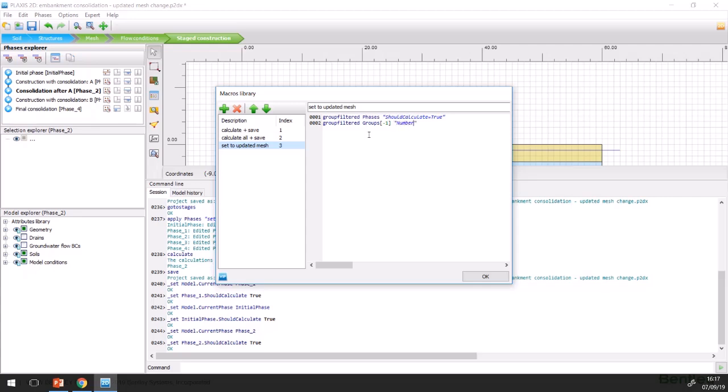And the condition that we have here is that the internal number should not be equal to 0. The initial phase has its internal phase number set to be 0. So here, with this one, we exclude the initial phase. Now, what we want to do, we want to apply on groups